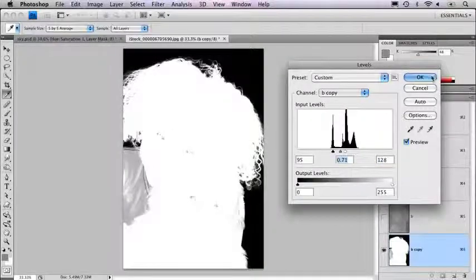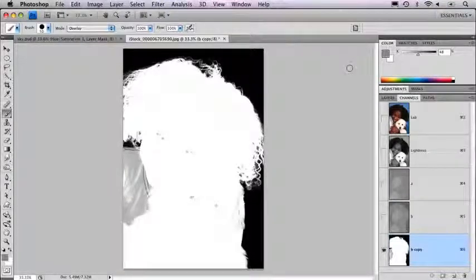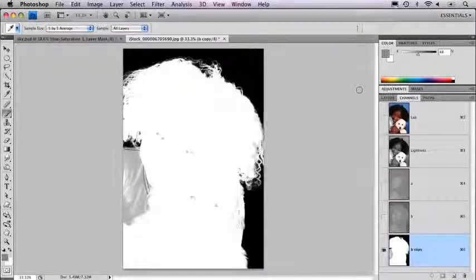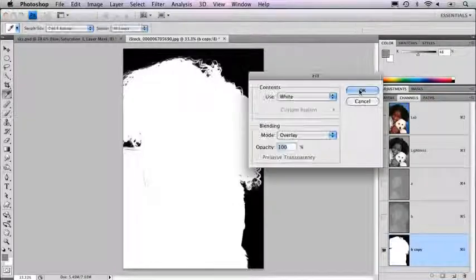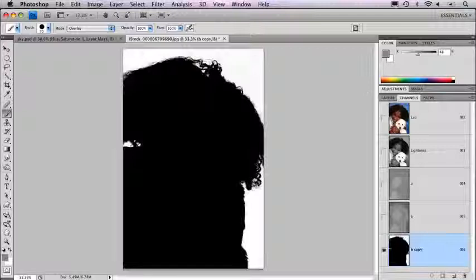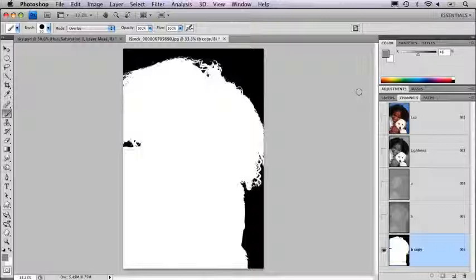something like that. And then I would use a method I showed you earlier. I would do fill. I'm using the shortcut Shift Delete or Shift Backspace. White in overlay mode. Do that maybe a couple of times. Inverse the selection. Now I can still see there's little tiny bits of gray in what's supposed to be white up here right now, so I'll do the same thing. Overlay. Load that as a selection,